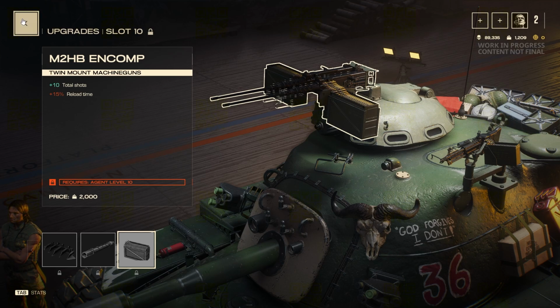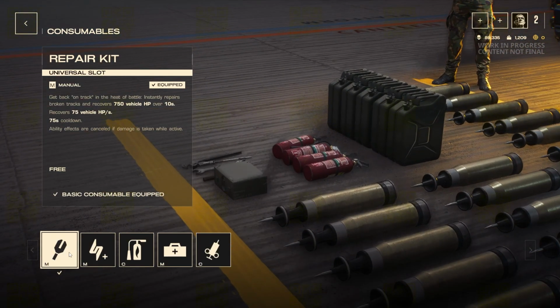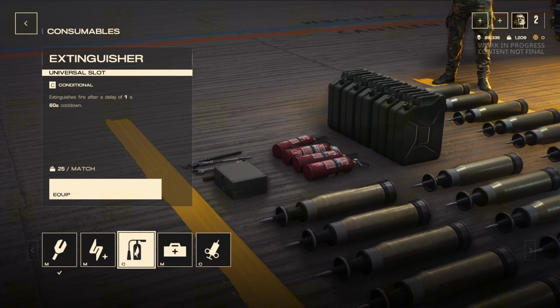Something to consider. So yeah, overall, Reaper has an interesting kit. One that is kind of a hybrid of other agents that I've played already, and it could create some unique gameplay opportunities. For consumables, just repair kit, of course, and I haven't really seen the fire engine issue occur,